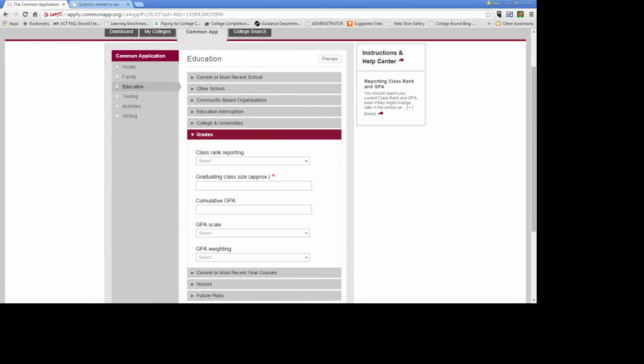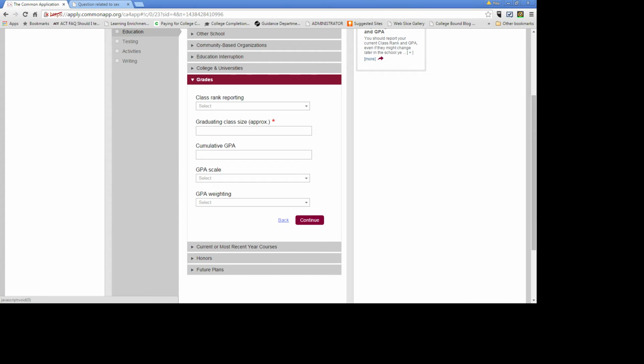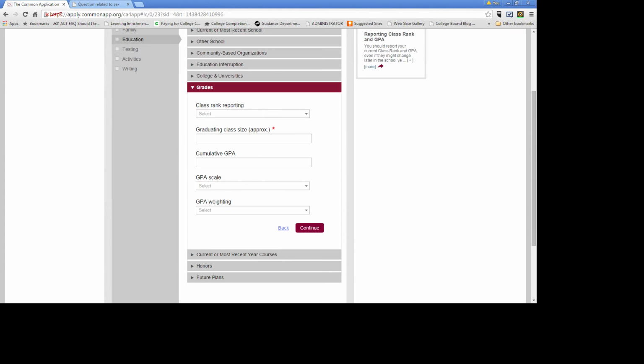You can put your grades in, although your school's going to communicate this information via your transcript, so you don't have to put that in if you don't want to. Same thing goes for testing scores. So just, looking here,